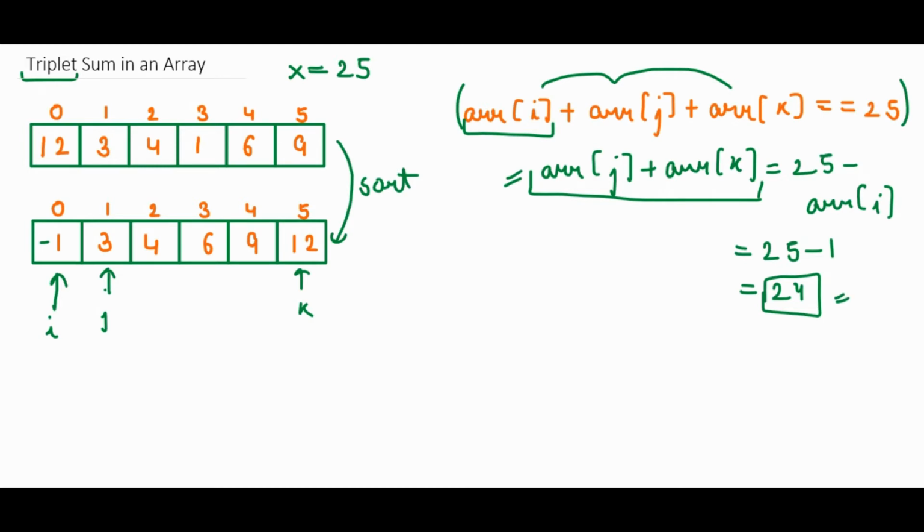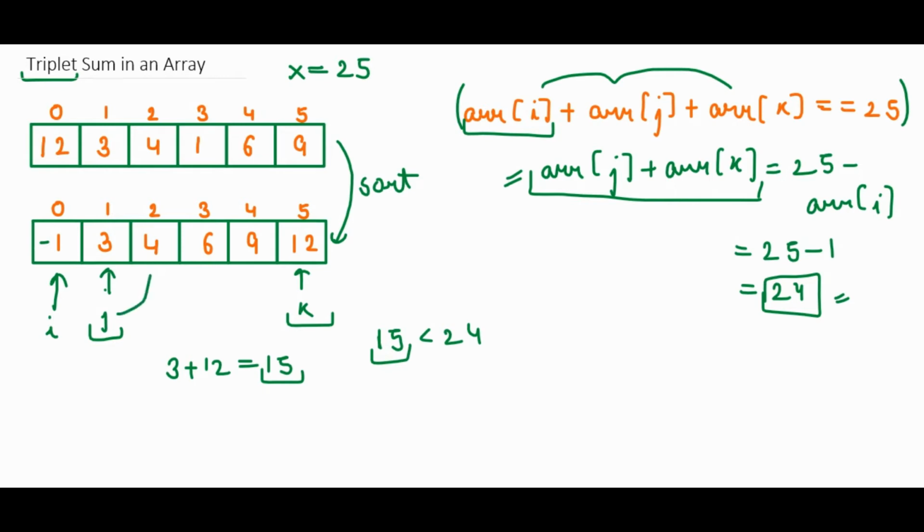What we will do is we will see what is the sum of array of j and array of k. So here the sum of array of j and array of k is 3 plus 12, which is 15, right? And 15 is less than 24. When we get a value which is less than the value which is required, what we will do is we will increase